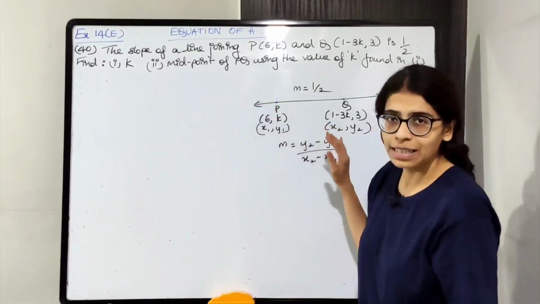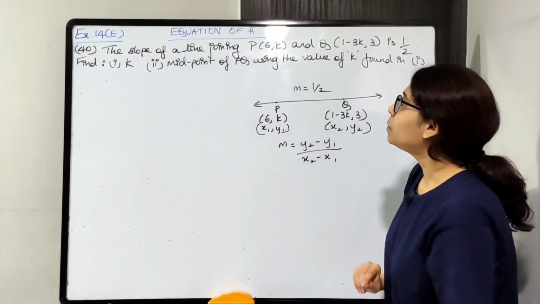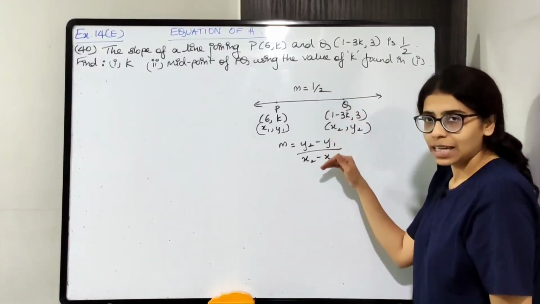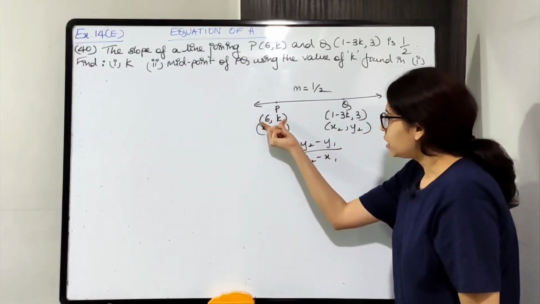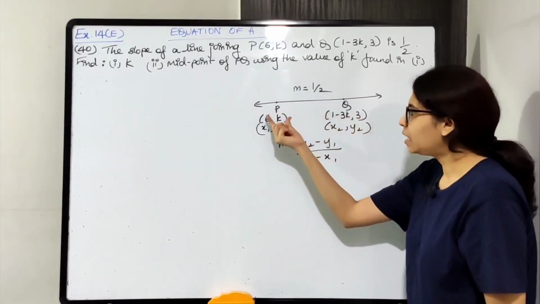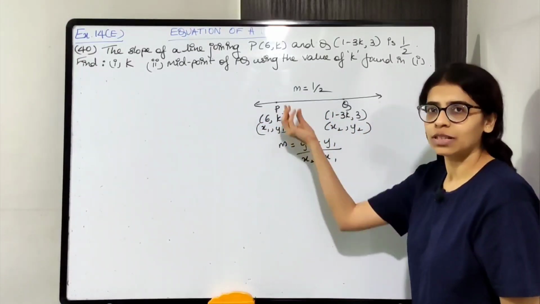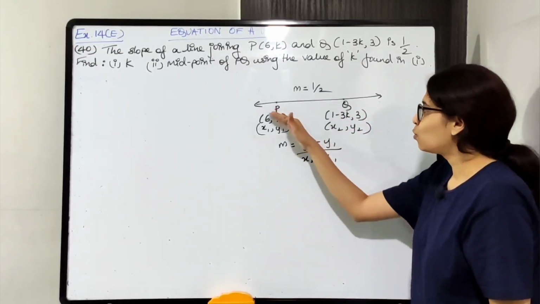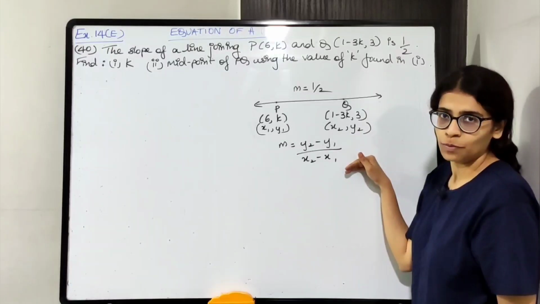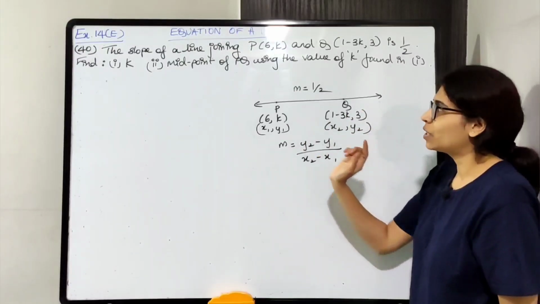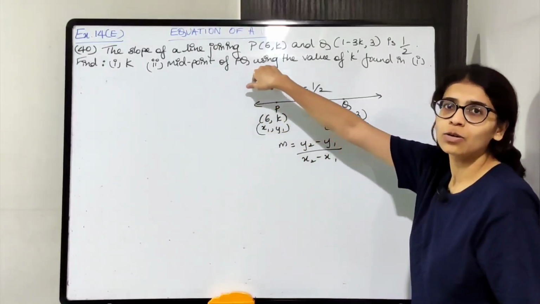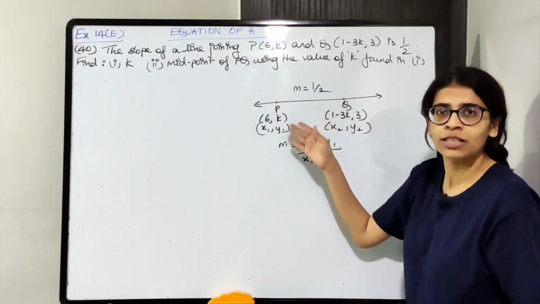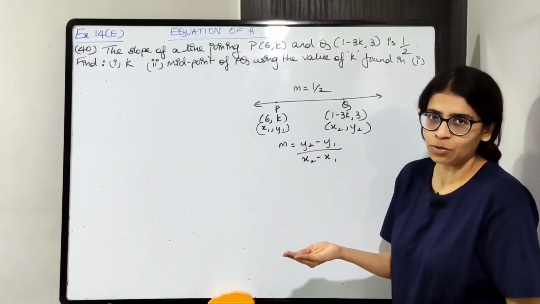So once you get k, we need to find midpoint of PQ using the value of k found in 1. So once you get k, write down the coordinates of P and Q. Okay, P का coordinates proper लिखो value, k की जगह पे जो भी value मिल रहा है, Q का भी लिखो coordinates. Once you have P and Q का coordinates, you can easily find midpoint का coordinates. PQ का midpoint find out करना है. Midpoint find out करना है means midpoint का coordinates find out करना है.